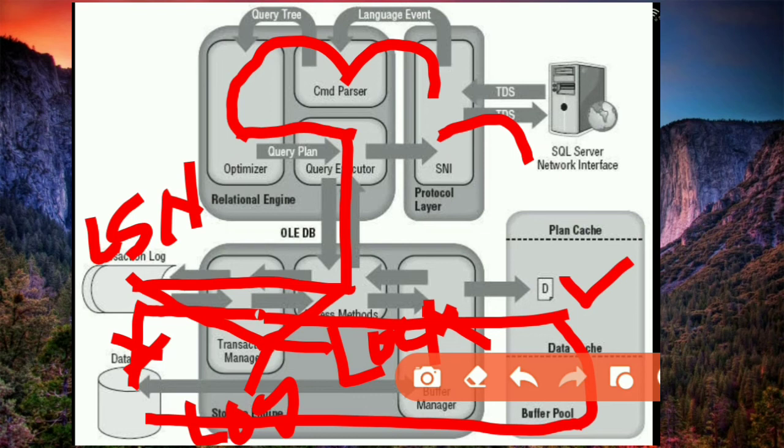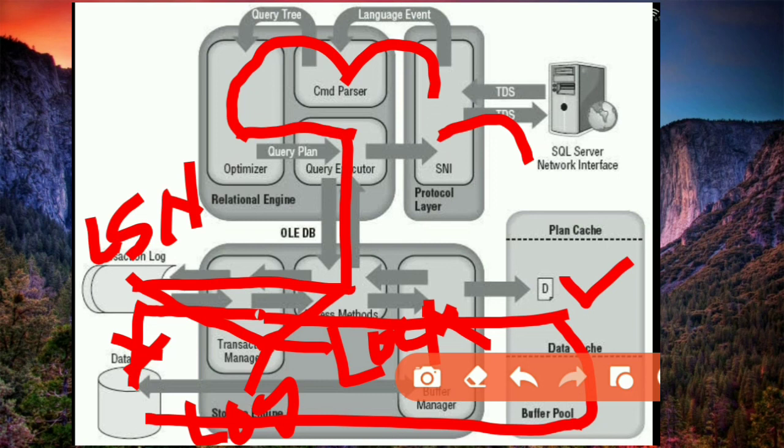Whenever the transaction sends the logs from the transaction log to the buffer pool, and that particular transaction is not committed yet, very important thing, that page is called a dirty page. Once it is committed, the log writer will take the data from the dirty page and write it to the data file. But until then, if it is not committed and its transaction is still going on in the transaction log, that page is called a dirty page. Very important thing.